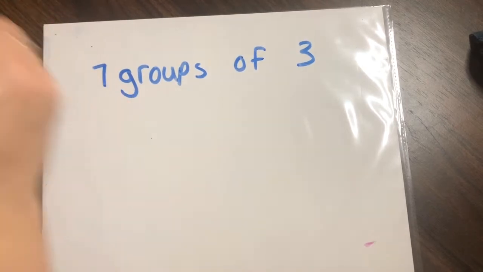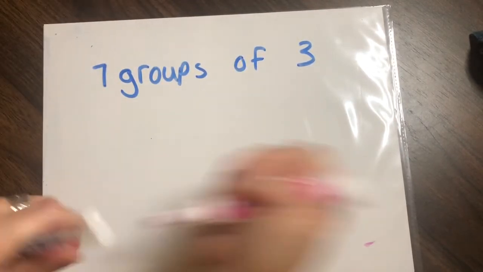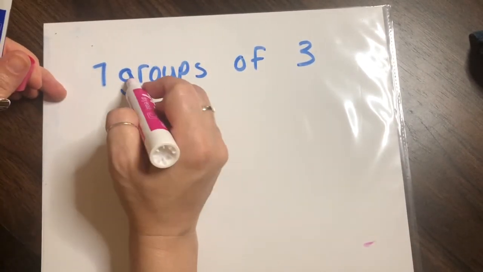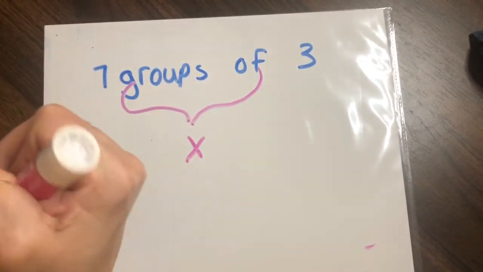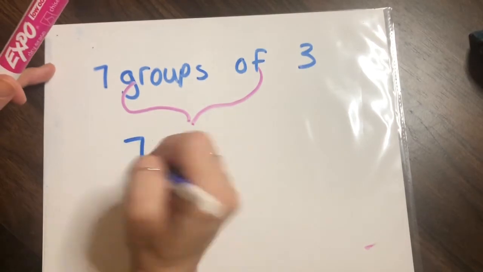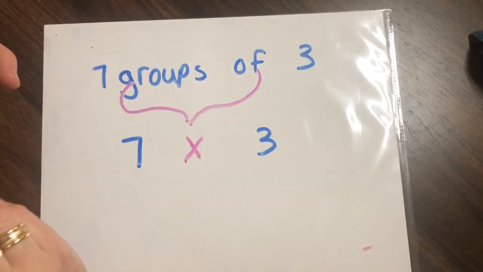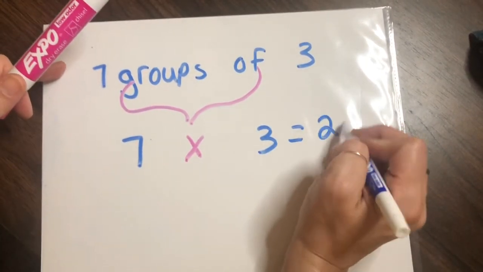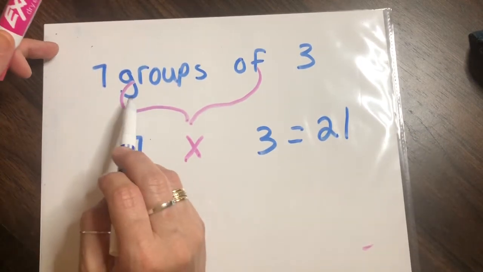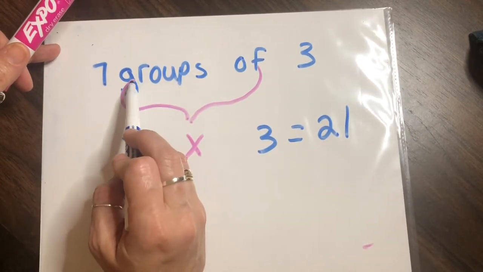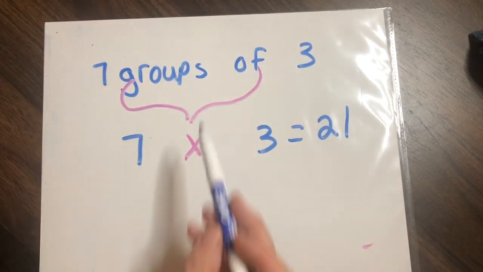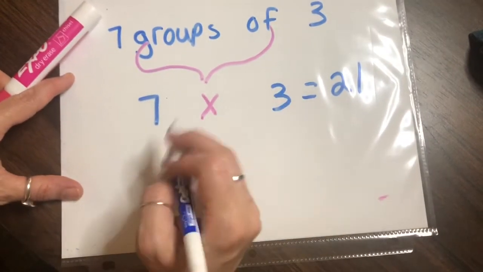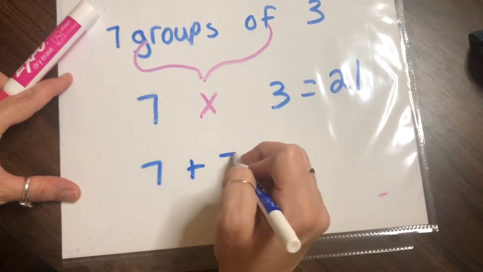Remember, when we are writing a multiplication sentence, the multiplication sign means groups of. 7 groups of 3 equals 21. Try when you are writing a multiplication sentence to say groups of, 7 groups of 3, to remind yourself that this is really 7